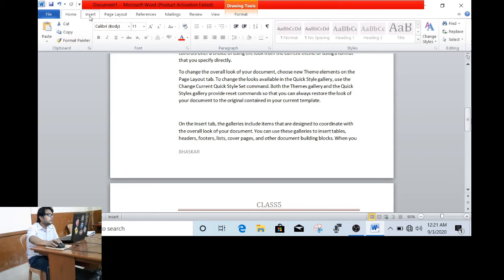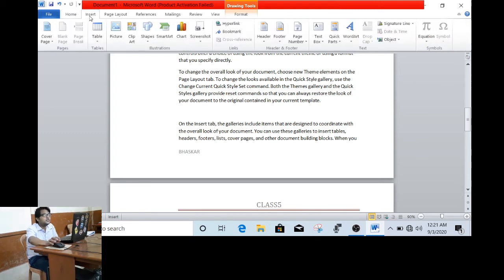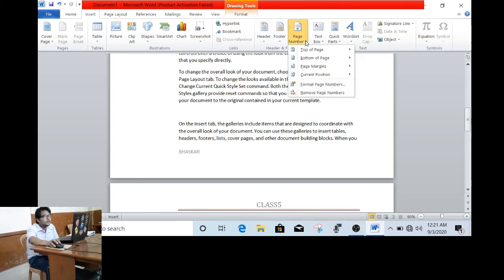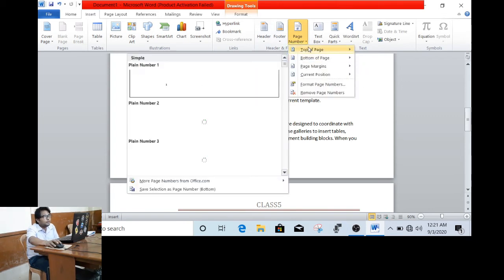Now if I want to insert a page number, how do we do it? We again go to the header and footer tab, then the header and footer group, and then we click on the page number option. We click here where we want the page number, top of the page or bottom of the page.